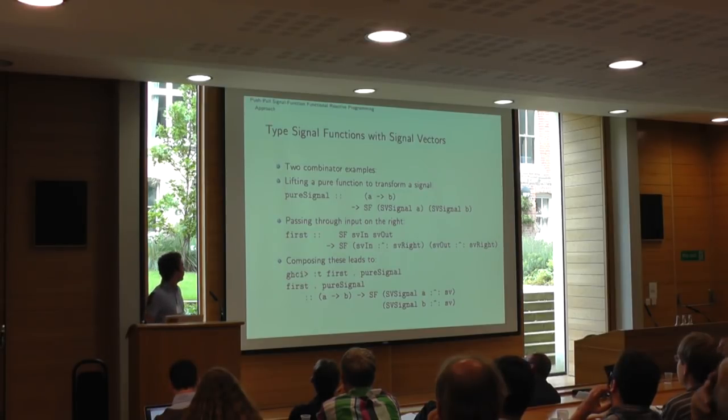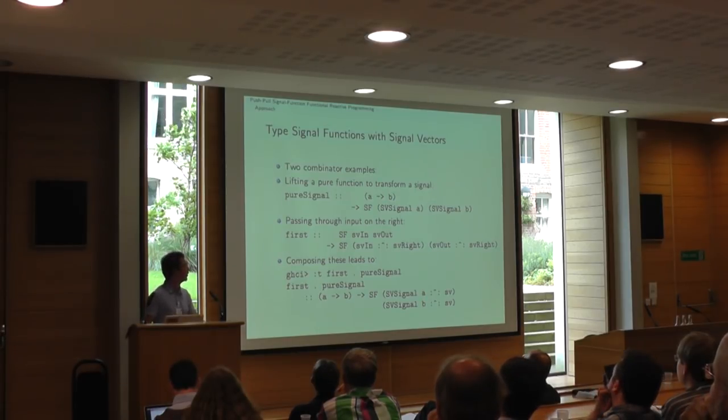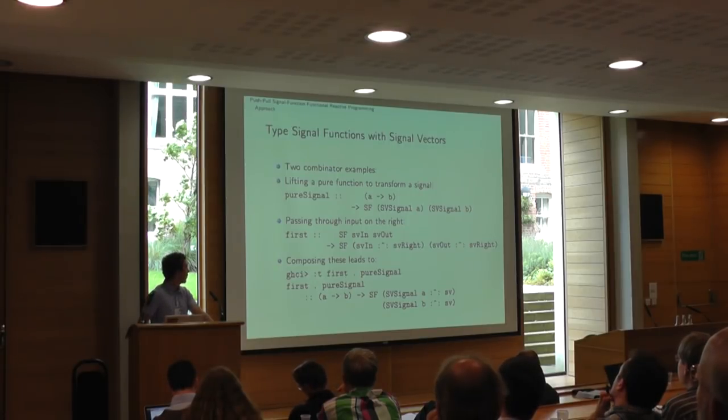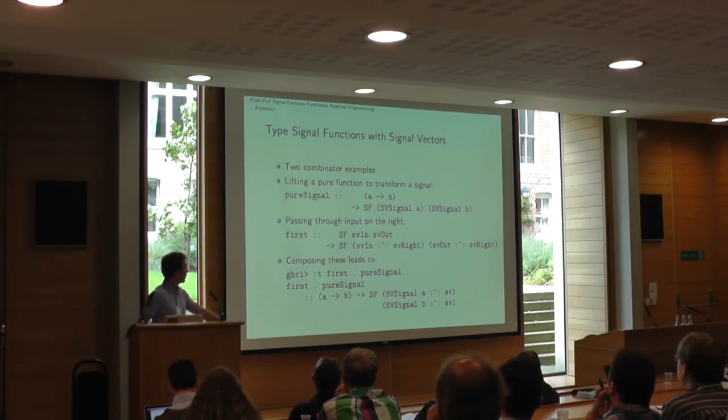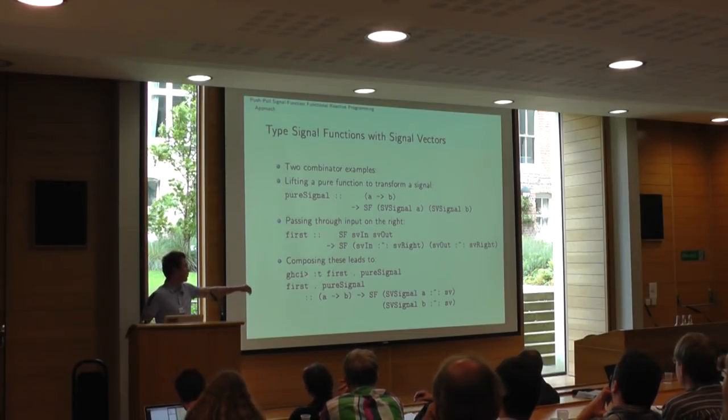So we have a couple of examples of what combinators look like in this system. You can lift a pure function here now to operate just on a single signal, as opposed to your whole input. And then first gets reformulated to take the pen type, which is that colon notation. If you compose these, you get something that operates on the signal on the left and passes through the